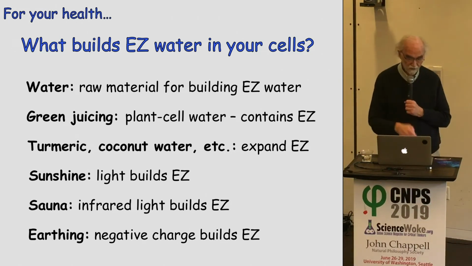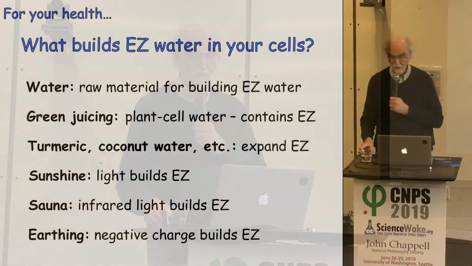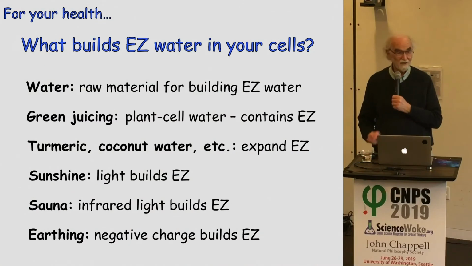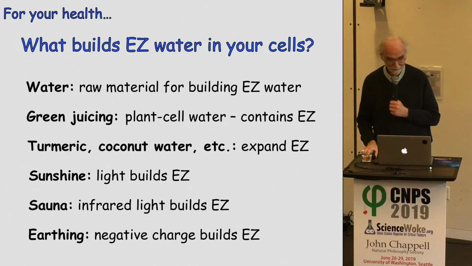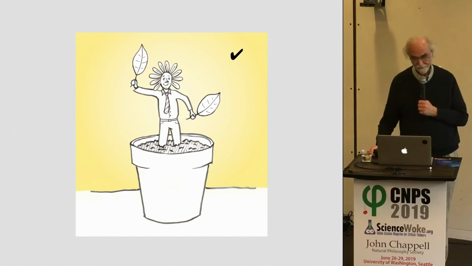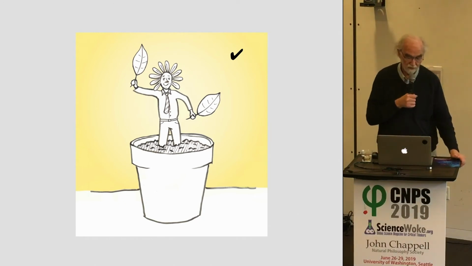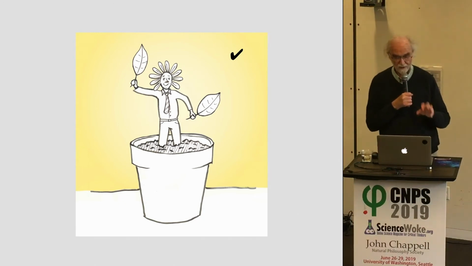So those are some expedients. There are more, but those are a few simple ones that have been known for many years. We don't even think twice about them. I think it's possible that some, or even all of these, could operate through the mechanism of building EZ water. I hesitate to say because it sounds a little bit like the guy whose only tool is a hammer and everything looks like a nail. But I think it's possible. So I'm not suggesting that we photosynthesize, but that we use light in a way that's not so different from the way plants use light, especially the first step of photosynthesis, splitting the water into plus and minus.